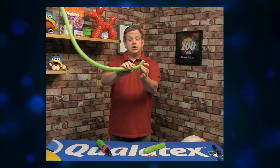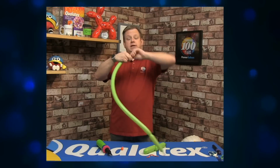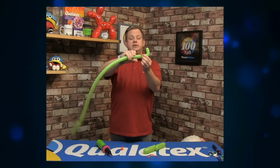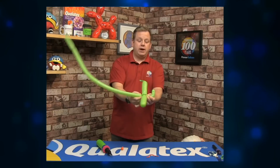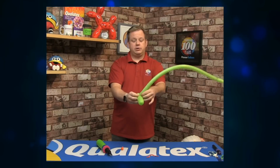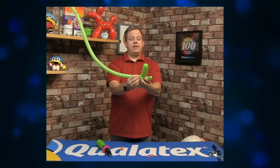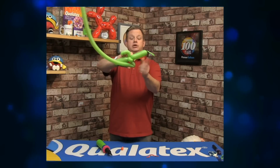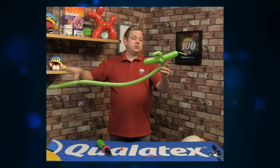So I'm going to do a shock twist. I'm going to fold over the little arm, and grab hold of my finger and thumb, just give it a little twist like this, and it gives us this 90-degree bend. From there, I'm going to put a twist into there, which is going to be what's between our two connections on this side. So from the twist, I go round the 260Q, round the pinch twist to give us one side, and then on the opposite side I'm going to do the same thing. So it's going to come up here, I'm going to do a pinch, the shock twist between my finger and thumb, twist like this, and then just get that squish back in,